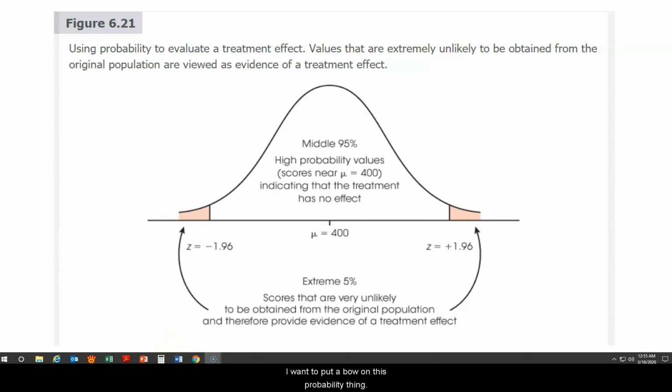Well, I want to put a bow on this probability thing as it pertains to the future chapters. As I mentioned at the outset, this has something to do with hypothesis testing. And if you'll just grant me this as a movie preview of sorts, this is sort of telling the future about what we're going to do in Chapter 8. We're going to use probability to evaluate a treatment effect or a hypothesis of sorts. And we're going to describe values that are unlikely, extremely unlikely, to be obtained from the original population as evidence